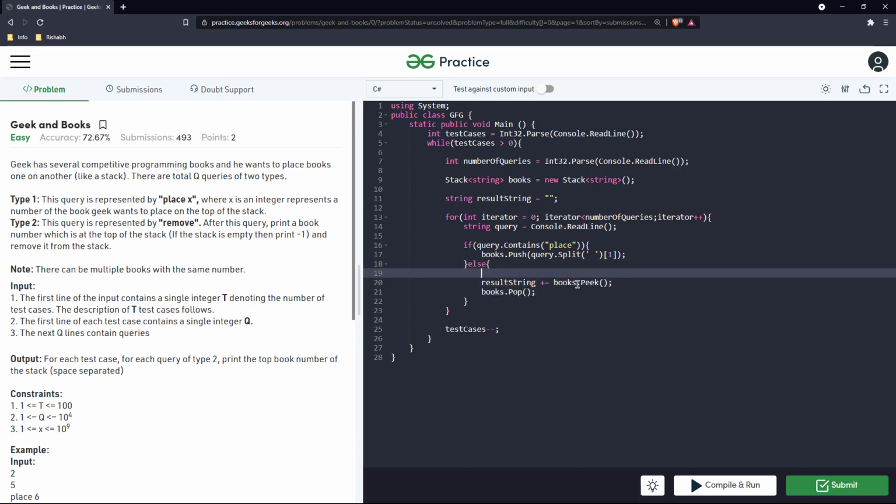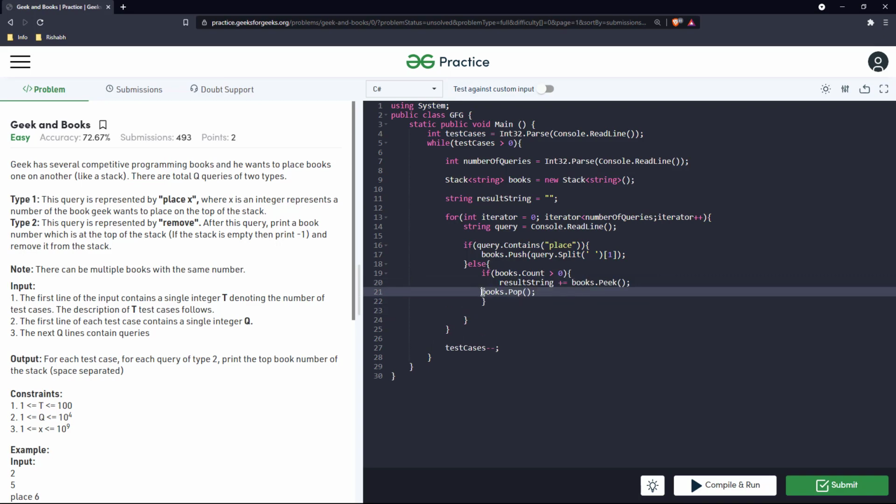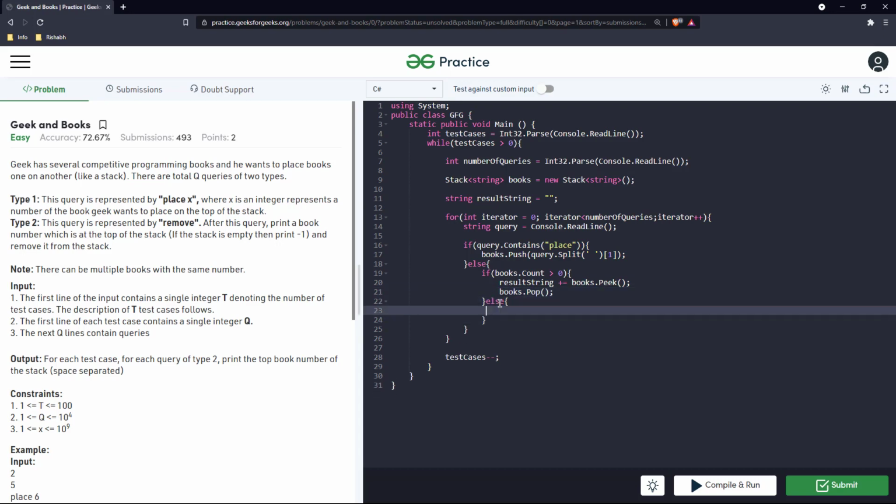Now one more case, in case the stack itself is empty, so let's add a check. If books count is greater than 0, then only do this, otherwise add -1 to the result string. Let's add a space as well.